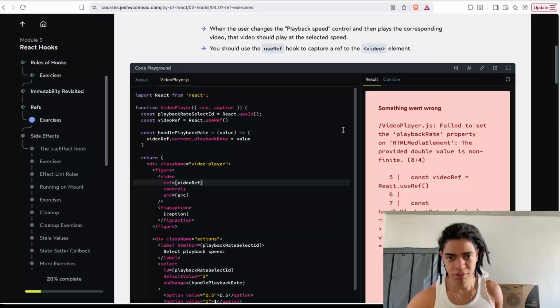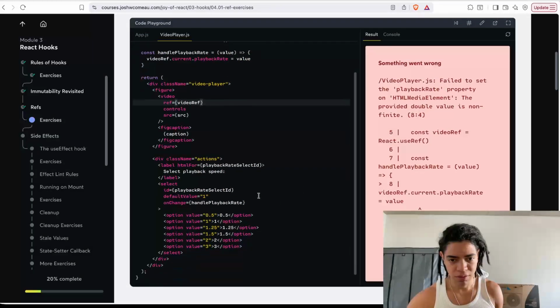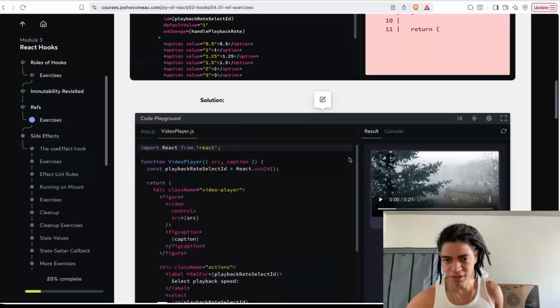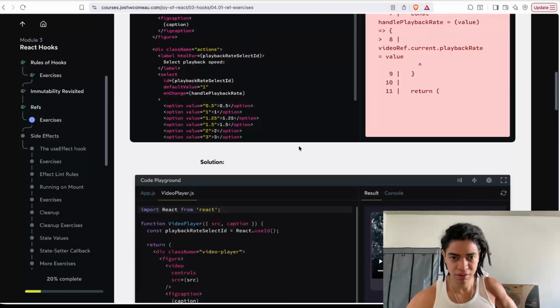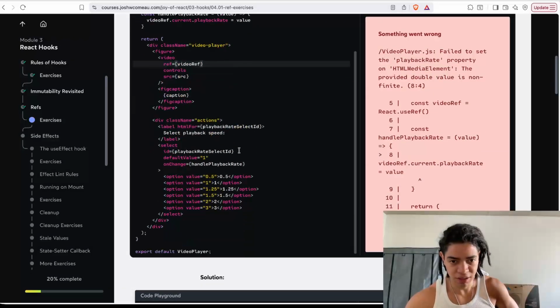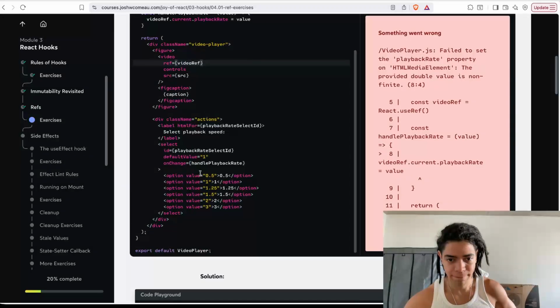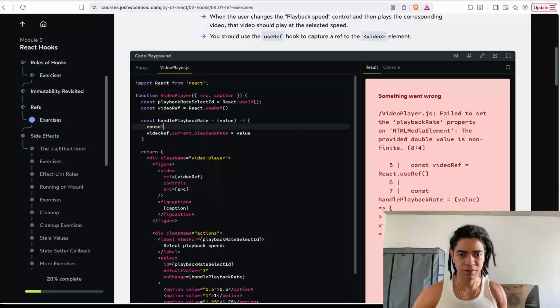It is non-finite. That means that the value here, because what I'm getting here as this value before it crashes,